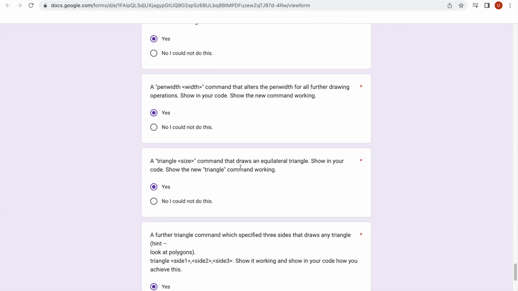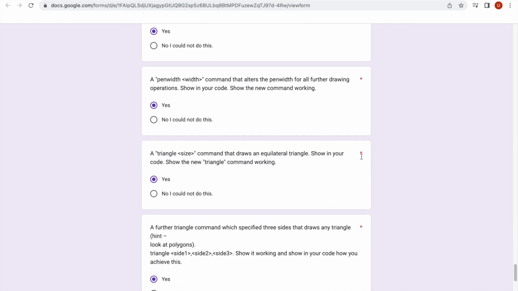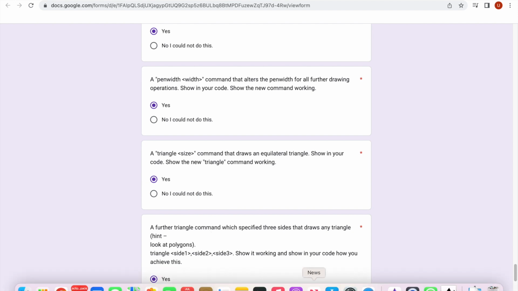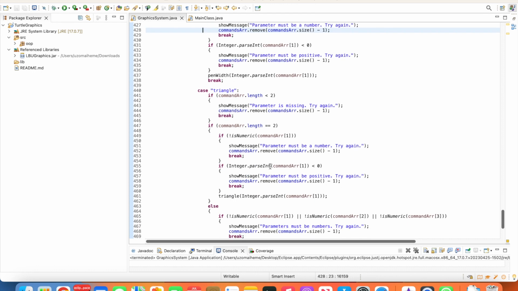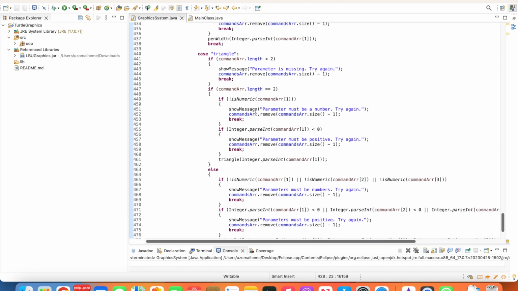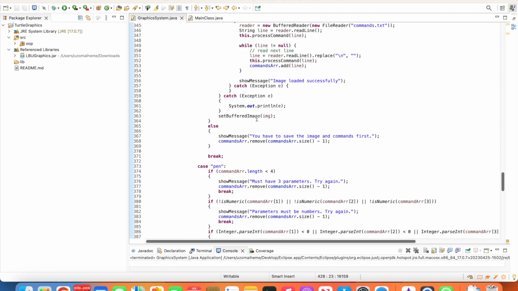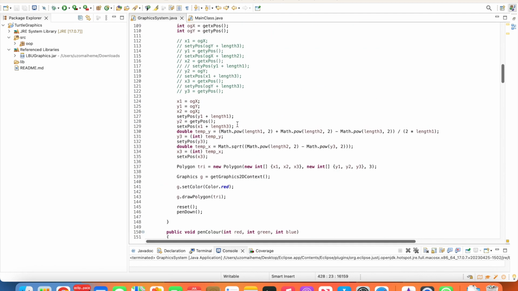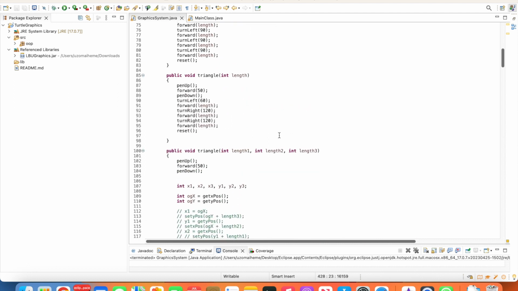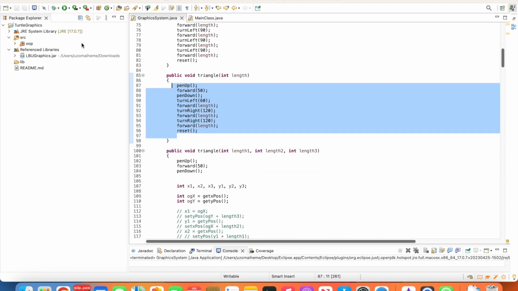So triangle size command that draws an equilateral triangle, showing your code. Okay, for the equilateral. This is the one for the triangle, but for the equilateral triangle, line of code for that is here. So if we press run,